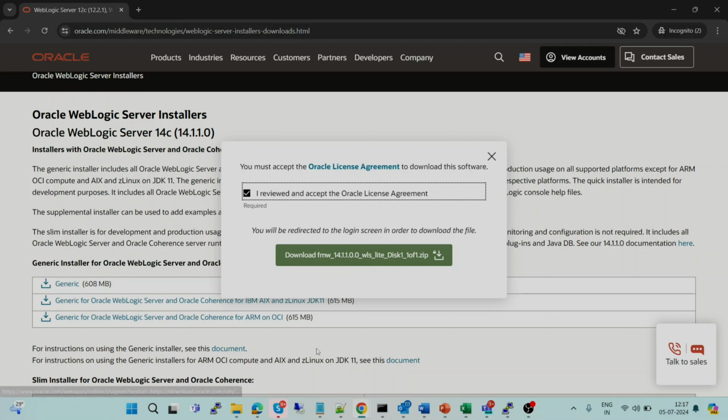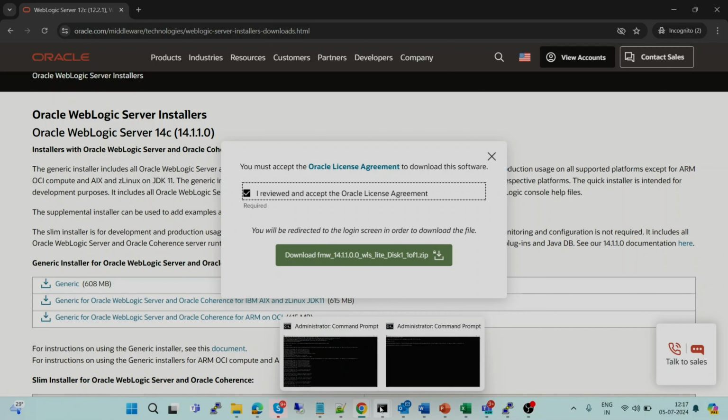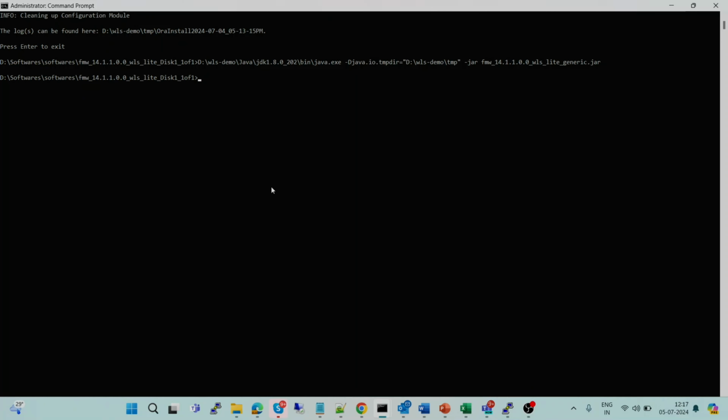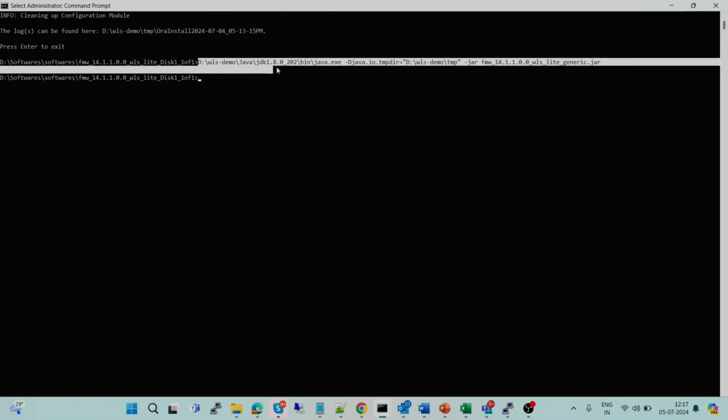Once we have downloaded it on the server or on our system, we can go to the desired path and unarchive or unzip this downloaded file. And for installation of WebLogic, we need to run a command. We should run it from the CMD in administrator mode. So the command is